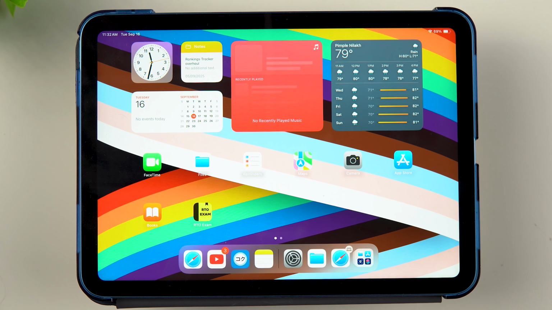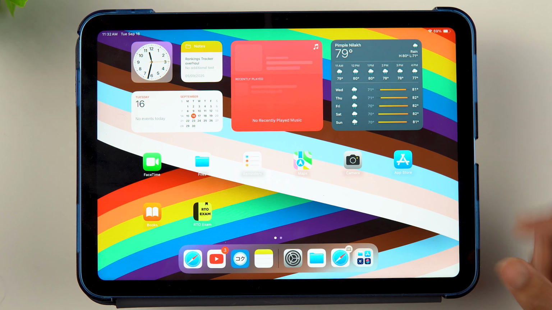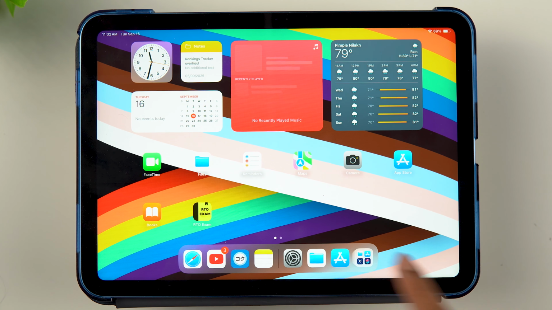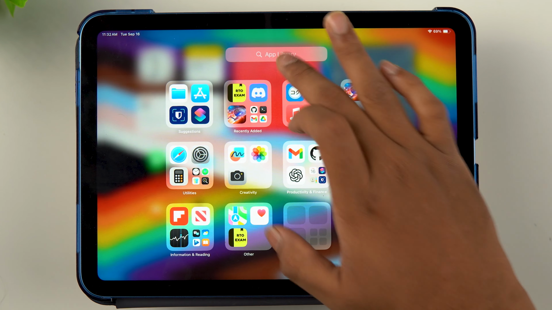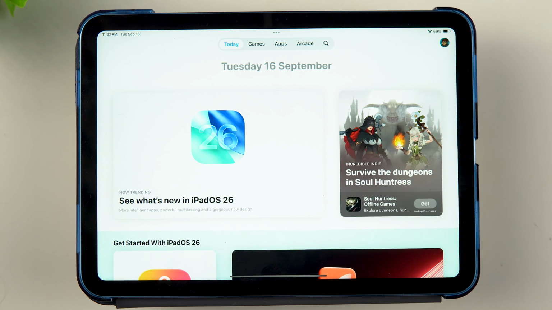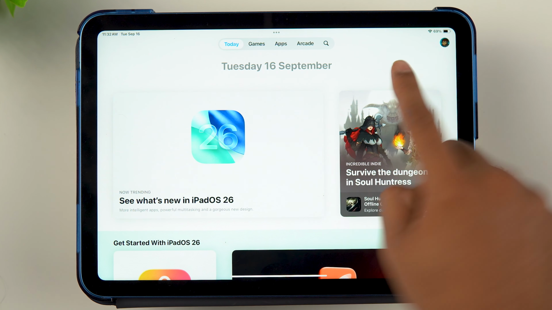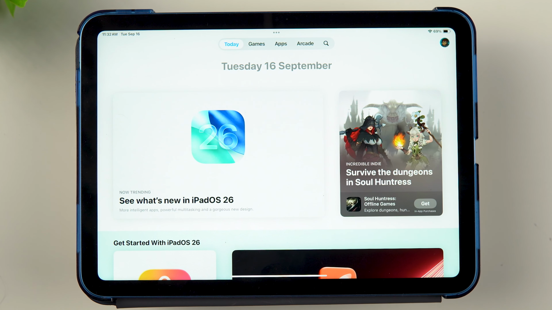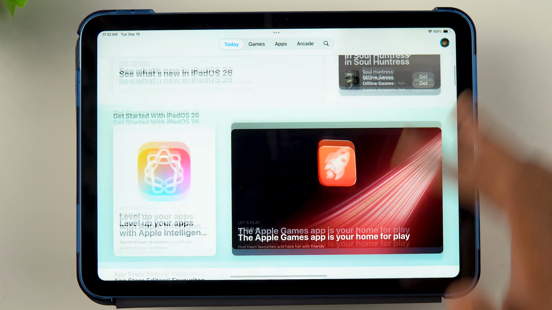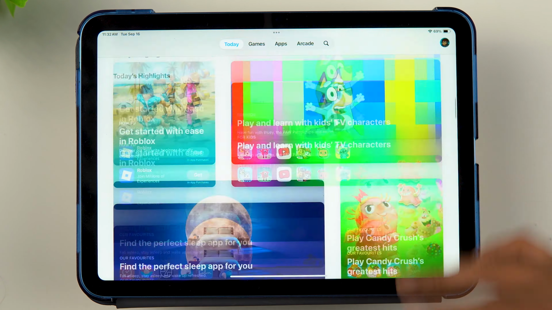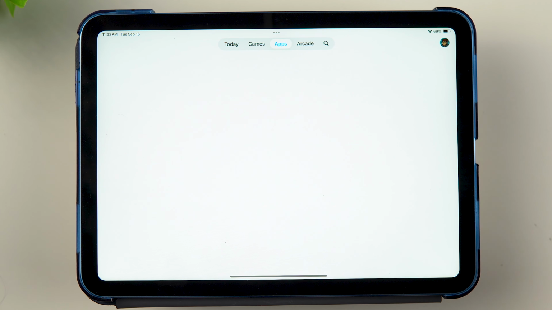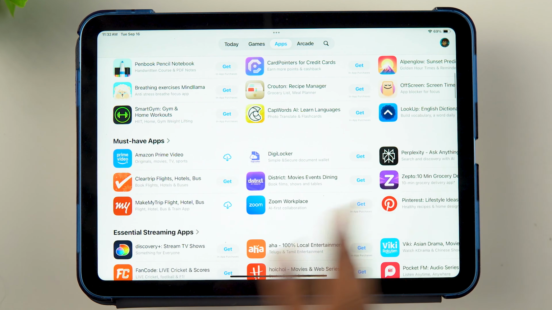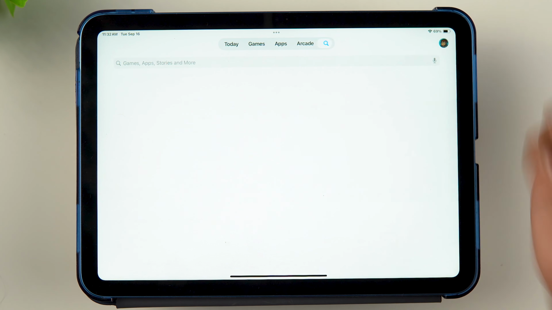To download it, you just need to go to the App Store. To access the App Store, if you have it on your home page, in your app library, or you can just search for it, right? So let's go to the App Store, and once you're here, you can see we have multiple options on top. So possibly it could show up in your suggested or your applications. So as you can see, it could show up over here, but if not, you can just hit the search